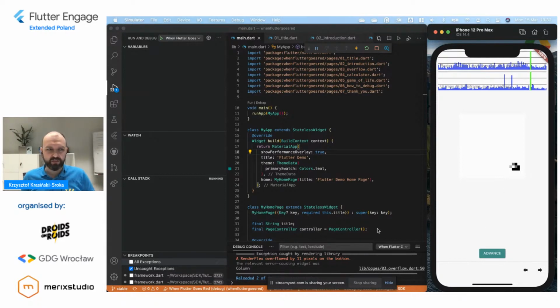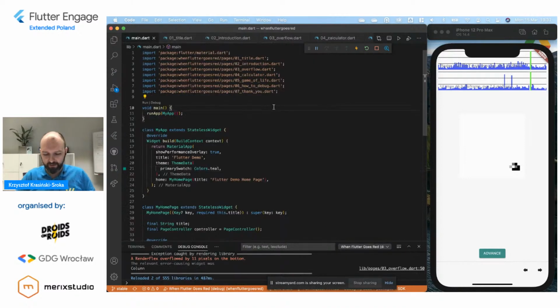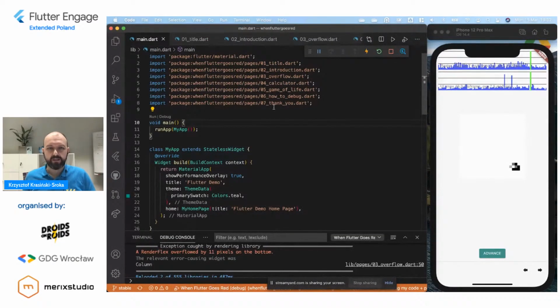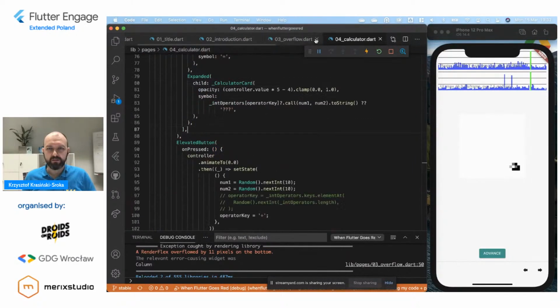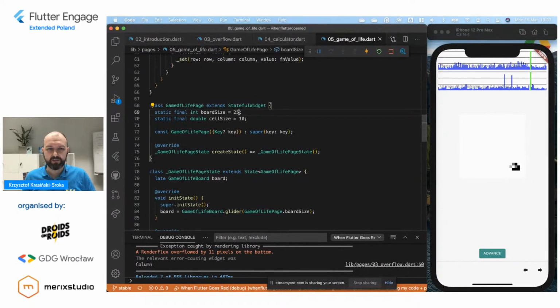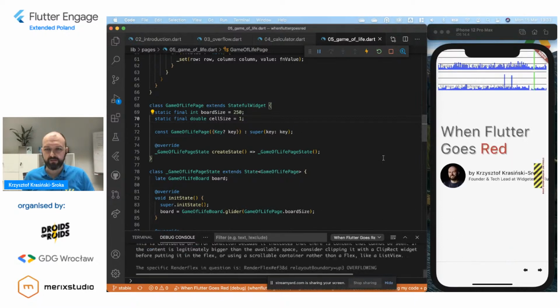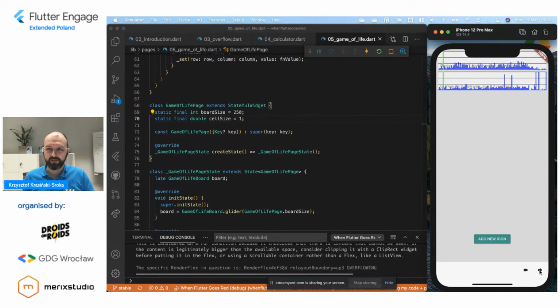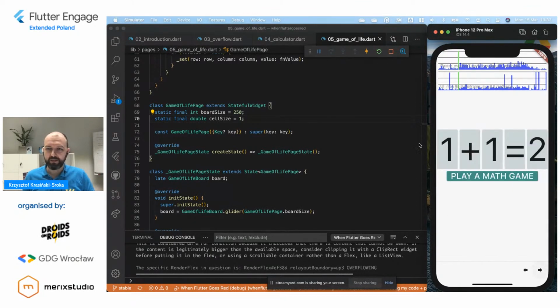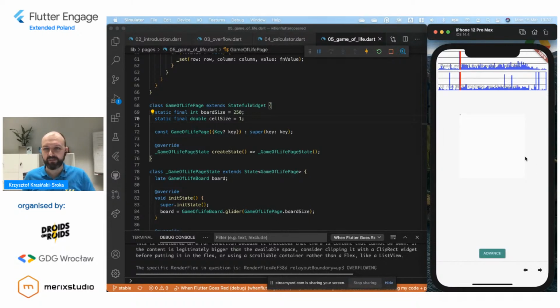Now, of course, this is a very small board. And I'll just go to the file here, Game of Life, and I'll say, well, 250 is my favorite. This is going to require a restart since we initialize the state here with these values.